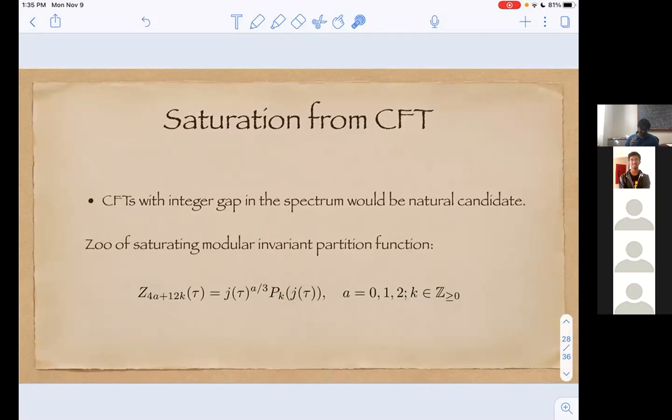So I should mention one more thing. Sorry, I'm still a little bit confused. In what sense are there two different questions? In one case, you said one question is a math problem. The other one is whether there actually exists an explicit CFT. But what you mean by an explicit CFT is just a modular invariant partition function.